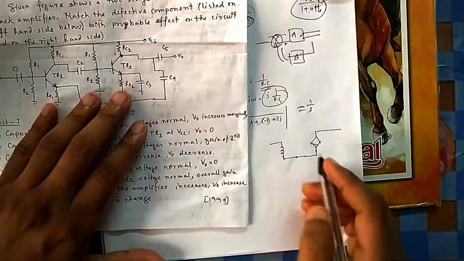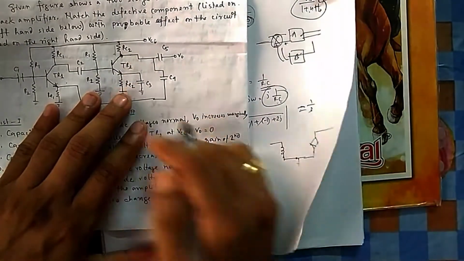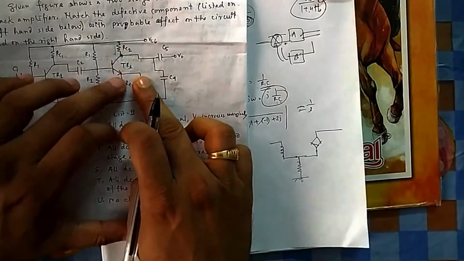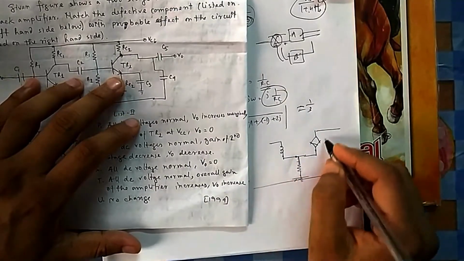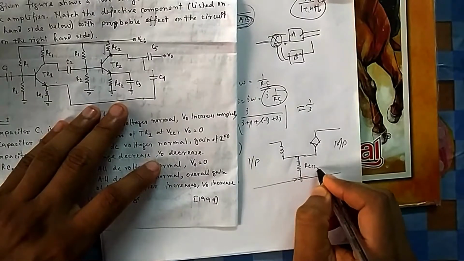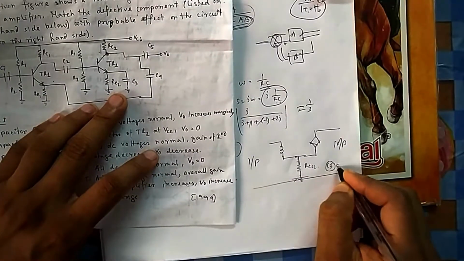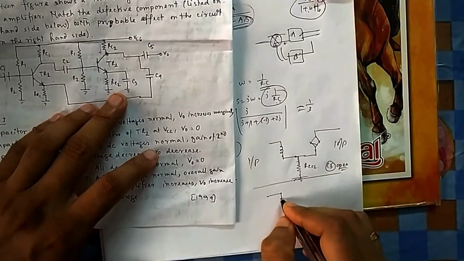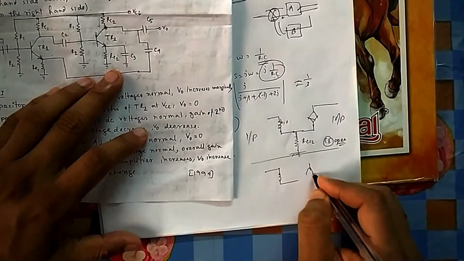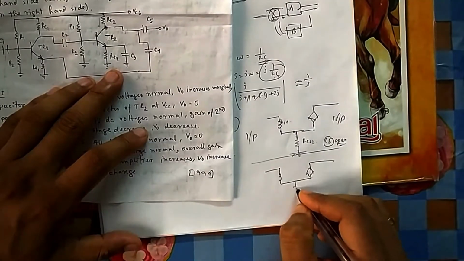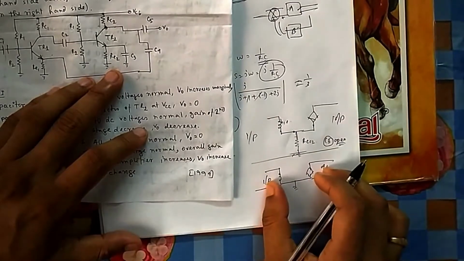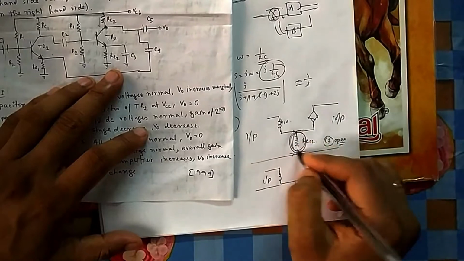If this is bypassed, then this is directly shorted. Had it not been bypassed, there would be a resistance, and through this it is a feedback path. This is your input, this is your output. This is with RC2, meaning C3 is open. Now if C3 is there, this will be shorted, so this will be input and output, and there is no relation between input and output, no feedback. But here feedback is introduced. This is acting like a feedback.